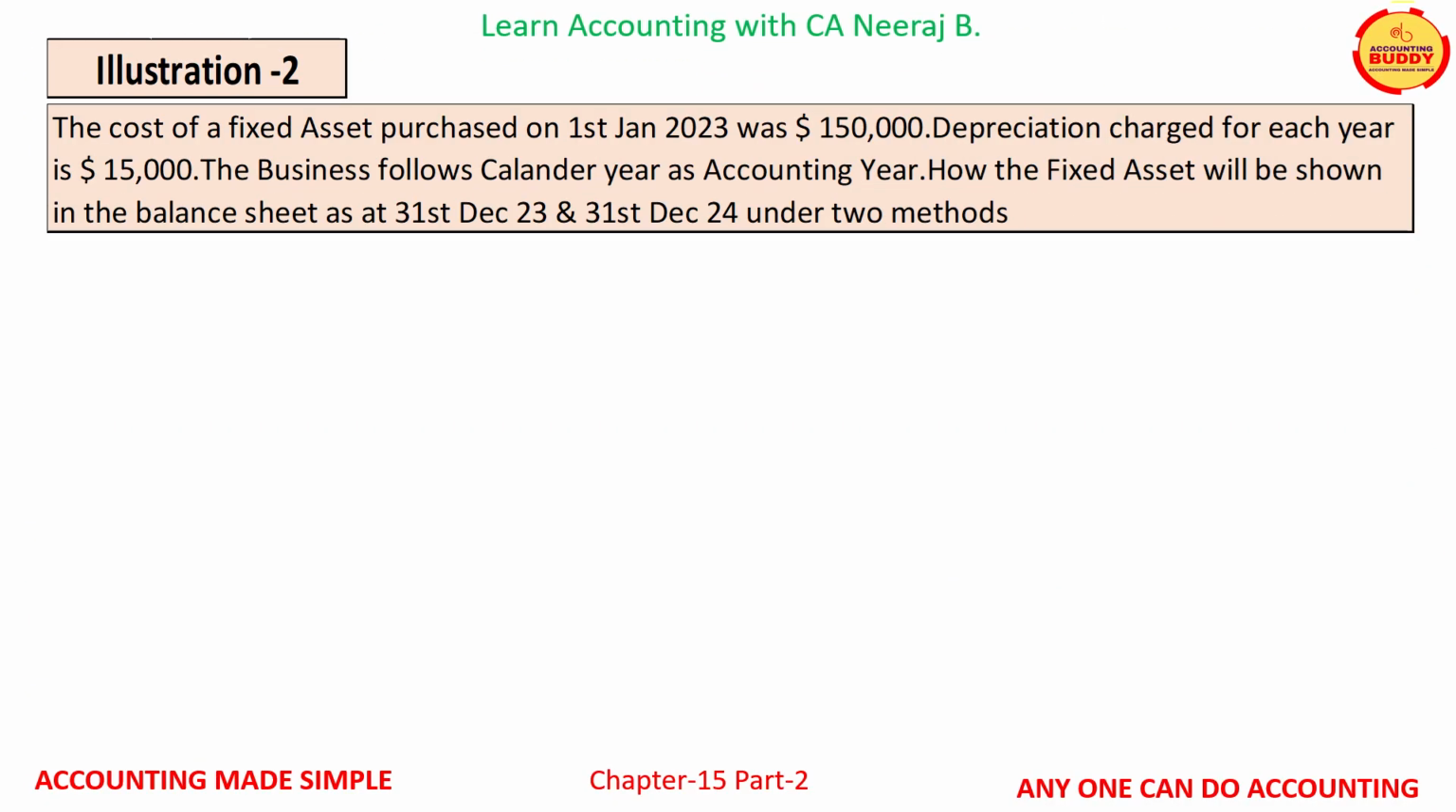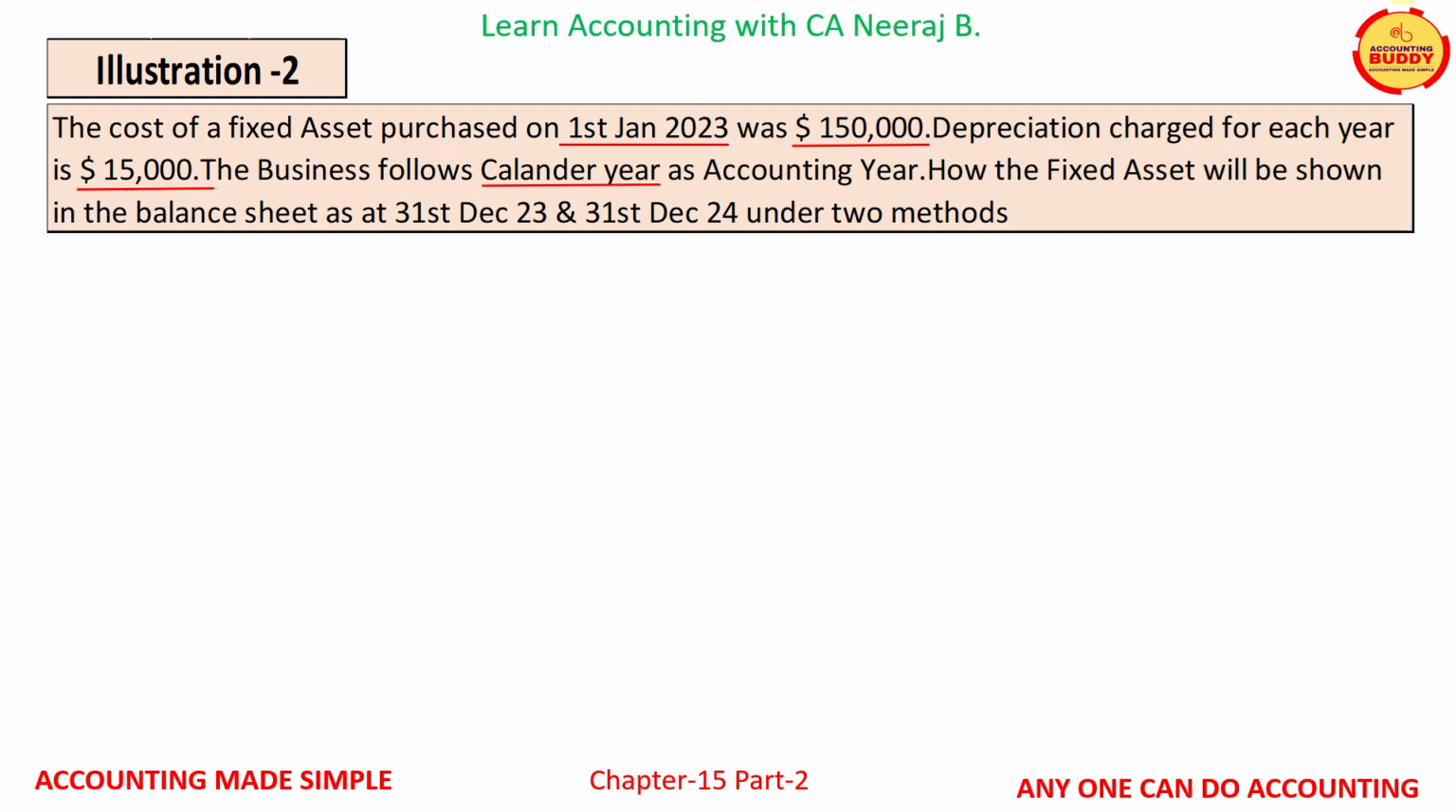In this illustration, the cost of a fixed asset purchased on 1st of January 23 is $150,000. Depreciation charge for each year is $15,000. The business follows calendar year as accounting year. How the fixed asset will be shown in the balance sheet as at 31st December 23 and 31st December 24